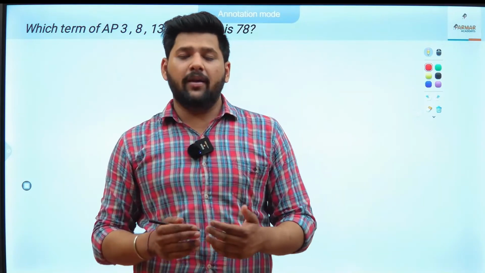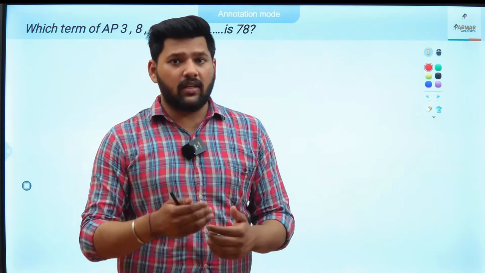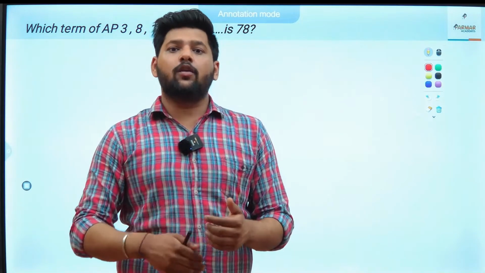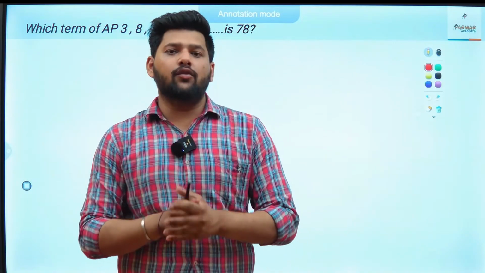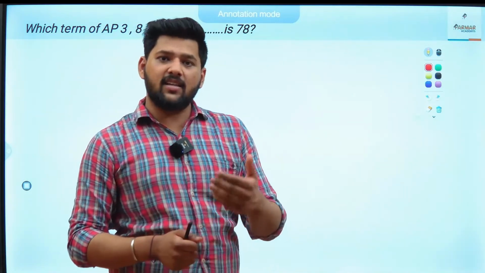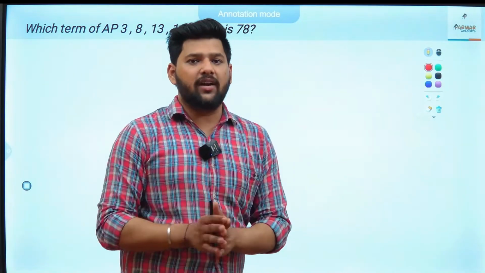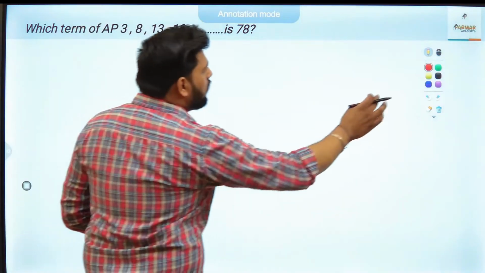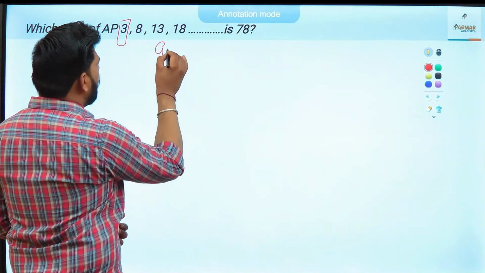हमें कहा गया है कि इस AP की कौन सी टर्म होगी, कौन सी टर्म मीन्स वो पोजीशन की बात कर रहे हैं कि कौन सी पोजीशन पे 78 आएगा, मीन्स वो हमसे n की वैल्यू फाइंड आउट करने के लिए कह रहे हैं कि 78 इज द वैल्यू और वो कौन सी पोजीशन पे होगा, मीन्स उसका पोजीशन फाइंड करना हमें. So what is given in the question, simply 3 is the value of first term, that is